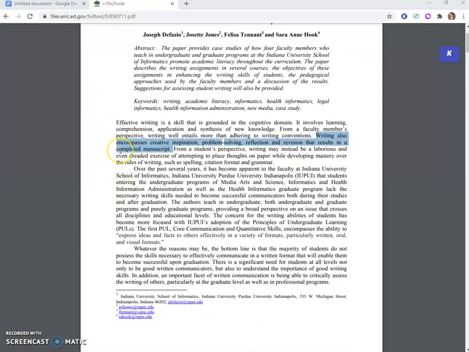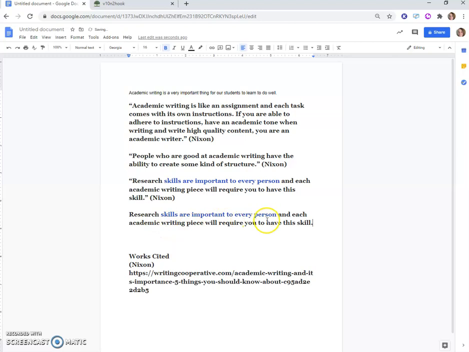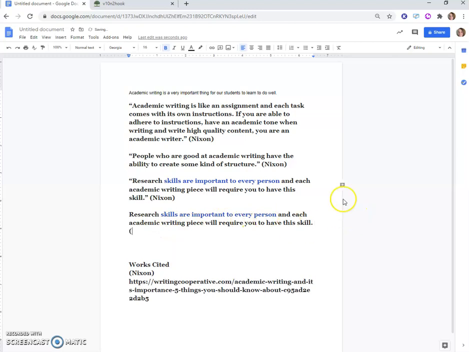Okay, it didn't take long for me to find a sentence I really liked in this article to use. "Writing also encompasses creative inspiration, problem-solving, reflection, and revision that results in a completed manuscript." So I'm just going to Control-C, copy that, take it over here, Control-V, and remember we got to get our author's last name,